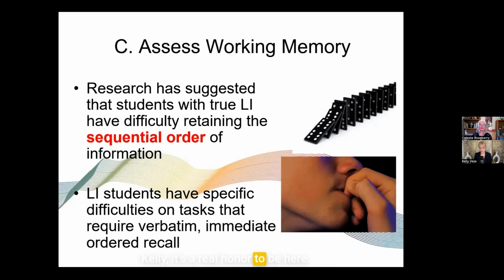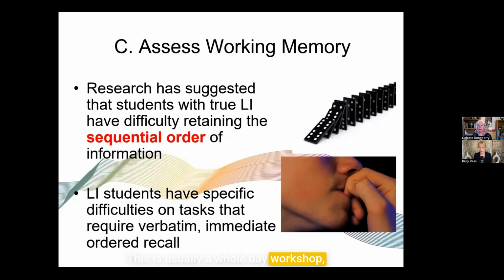Kelly, it's a real honor to be here. I work full-time as a professor at the university and then 2 Fridays a month directly with children ages 3 through 22. So it really keeps my feet on the ground. The first problem to me in assessment is that most of our tests are knowledge-based. You take like the CELF-5, the Peabody, any of that. We're assessing their background knowledge, which was very limited because of their backgrounds.